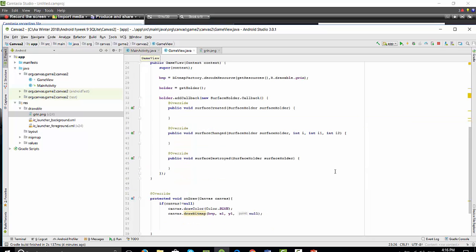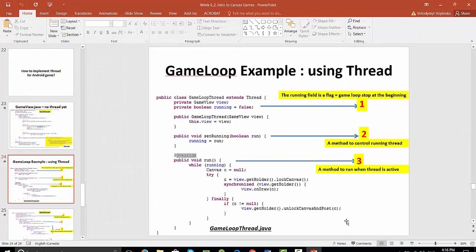Now we're going to add game thread to the game. I would like to remind you that game thread will allow us to run onDraw method only when this thread is active. So we will create a separate Java file that extends Thread. So let's go back to the program